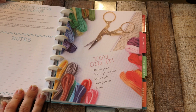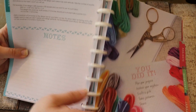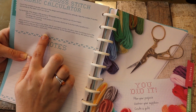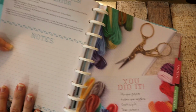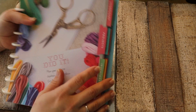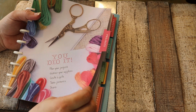So there's actually even a fabric calculator on the next page. It tells you how to calculate the size of your fabric that you need. And then a notes thing. Now this project section that is coming up next, I thought this was really interesting, because one of the projects